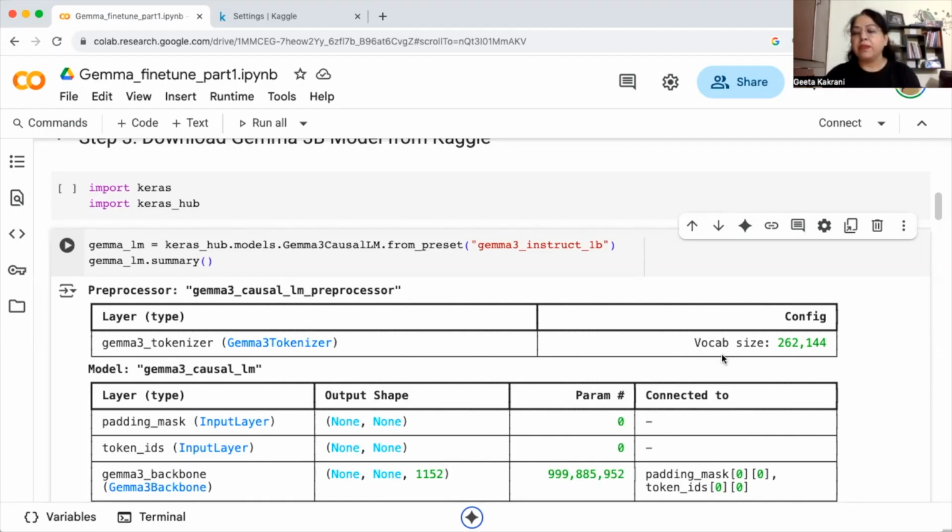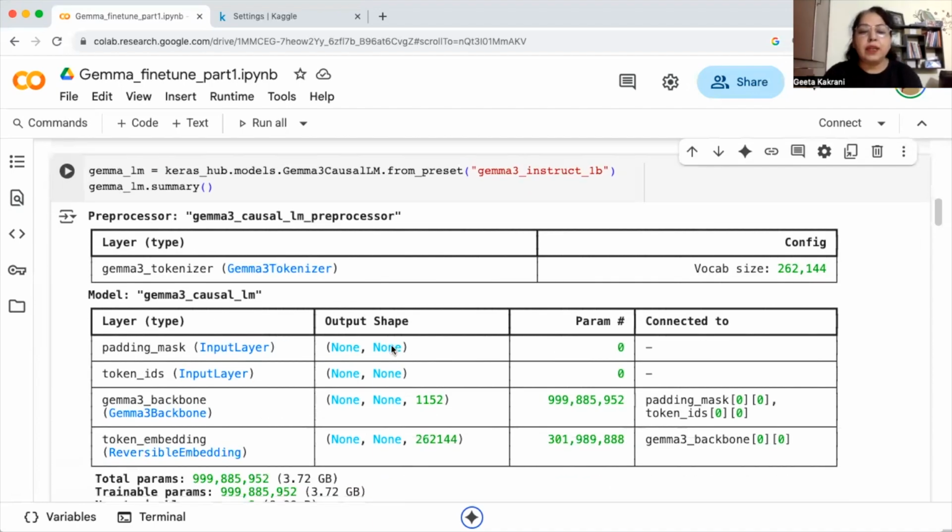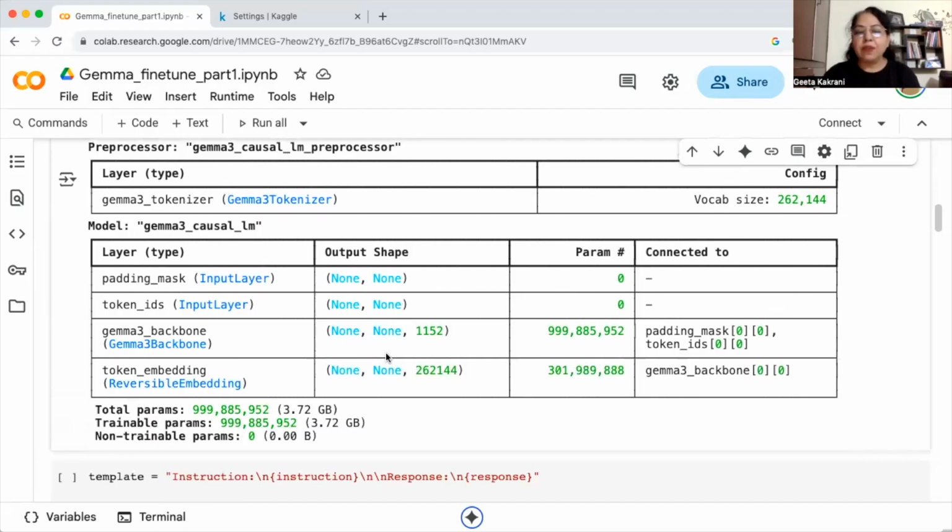So vocabulary size means it will try to get the relevant answer from its available vocabulary. And this is the vocab size: 2,62,144. This is for the 1 billion parameter model. And here is the full architecture detail, and obviously it can be complicated for you if you are